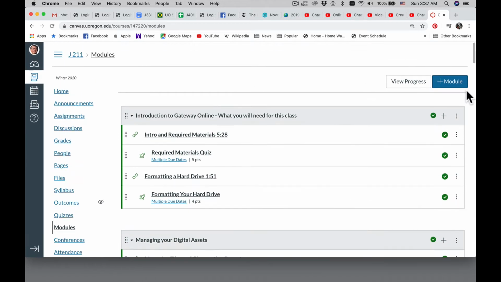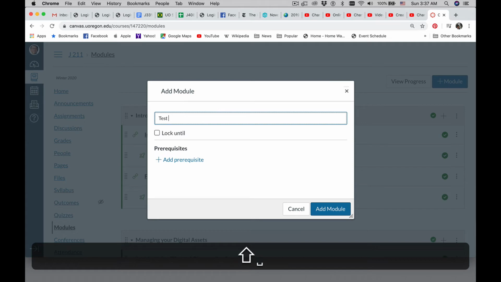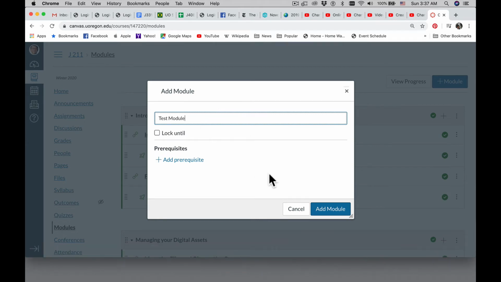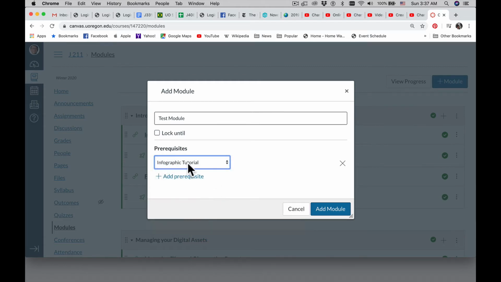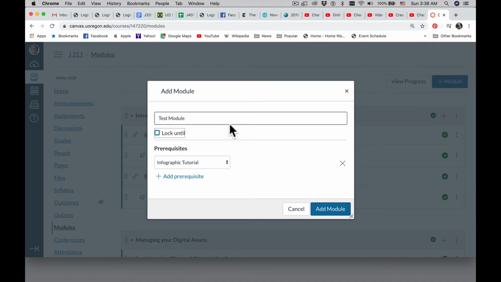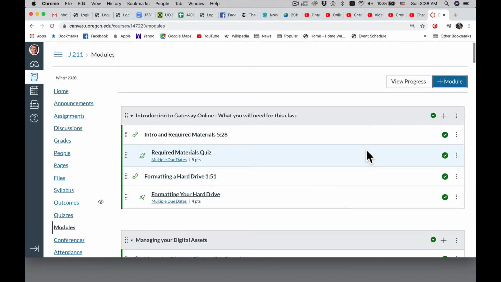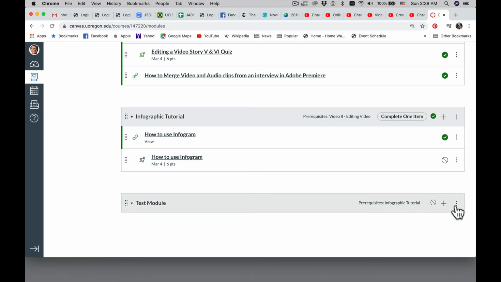So basically, to create a new module, you create a new module, and I'll just call this a test module. And then we could add prerequisites, and we could say, okay, first you have to make sure you finish that, and then you can move on to the next one. You can lock them until a certain date so that you can have them released at certain times. And then I'm going to hit add module, and we'll go down here, and this is our test module, and